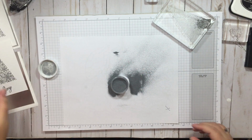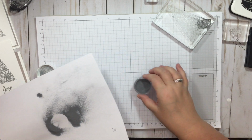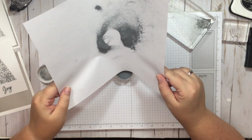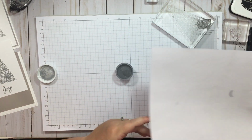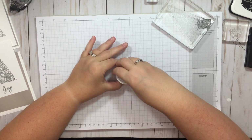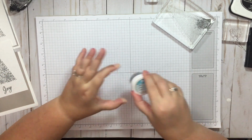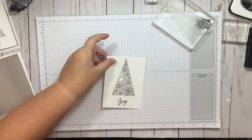Okay, we'll set that aside for a moment while I clean this up. Always fun putting embossing powder back in the container. Not. Okay. I got it all over. Lovely. Okay, we're going to take our heat gun